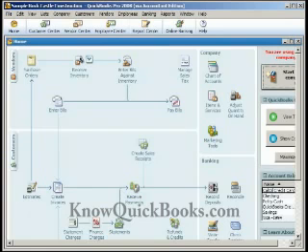Now we're going to talk about getting around in QuickBooks a little bit. The first thing we want to talk about is the home page. This is a new feature that became available in the version 2006, and it was a great feature. The home page is organized so that you have icons for the different things that you may want to do